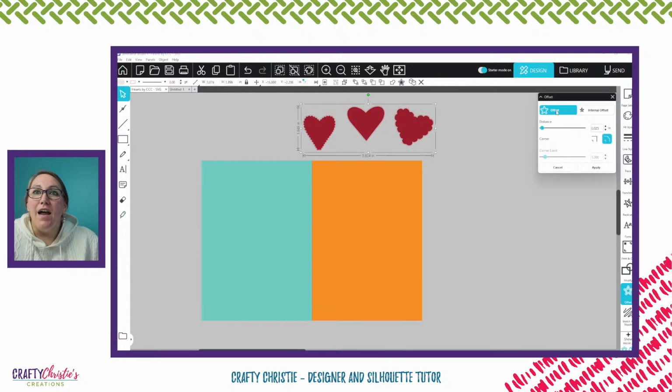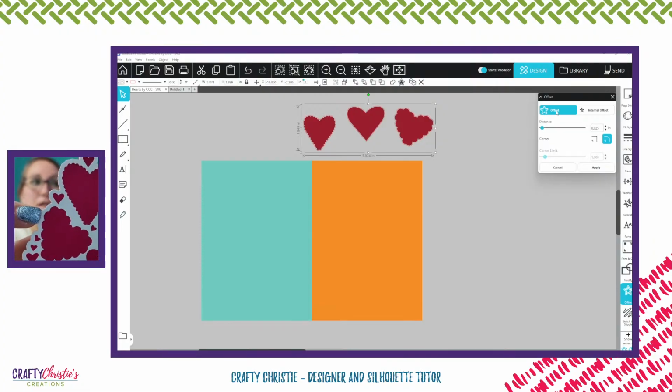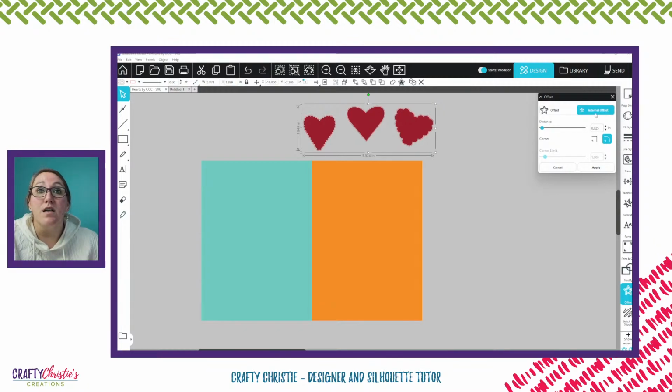And that offset is what creates the area around, so when you do your edge, you see how there's this white border around my heart? That is the offset. So you want to make sure that we do an offset that is going to be thick enough to cut since we're cutting this with cardstock. And I found